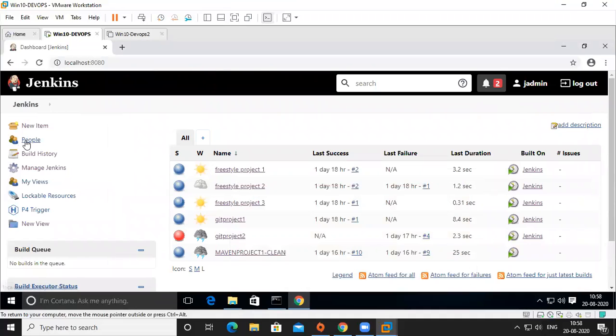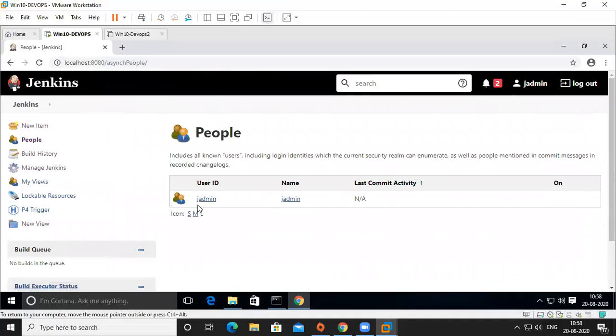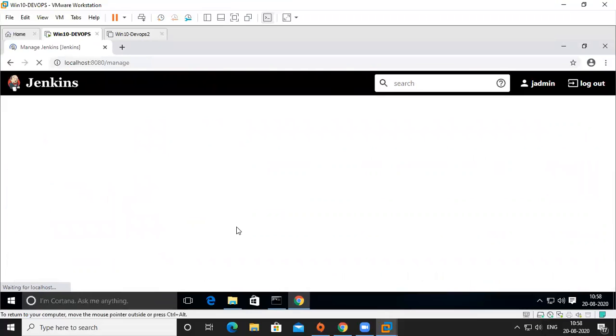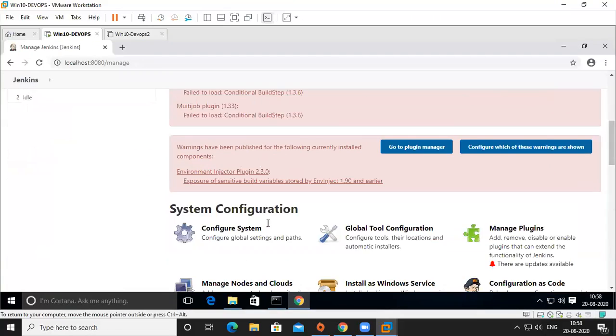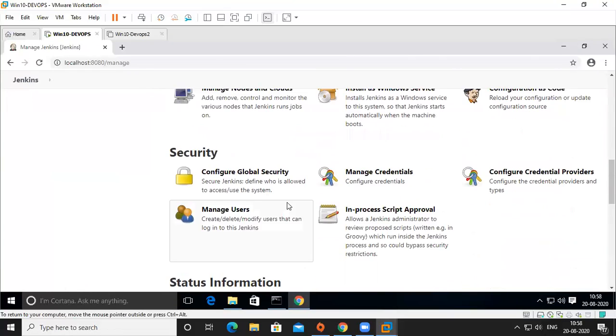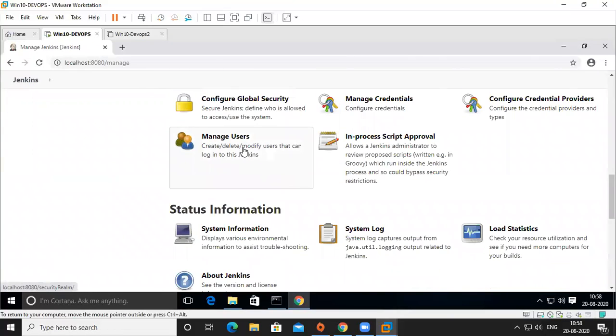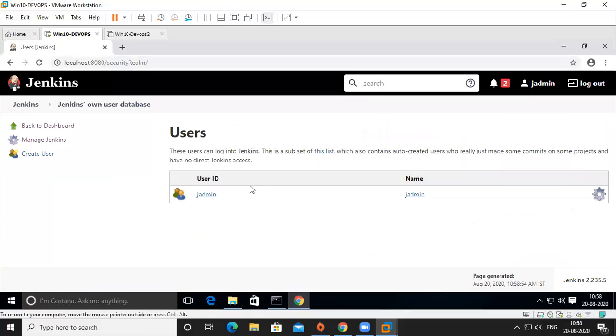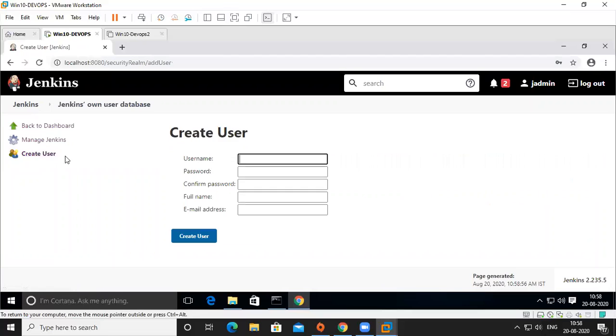Here it is People. This shows how many users there are here. For example, if you want to give access to multiple users, then we can create multiple users. Can you see this Manage Users? Create a user. I'm creating a different user.